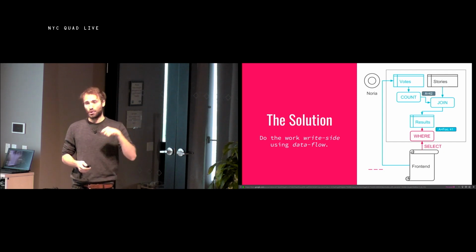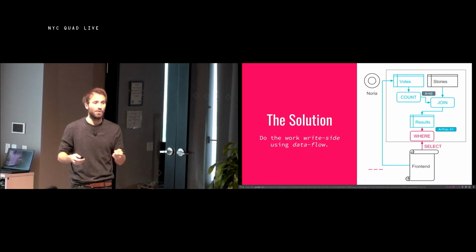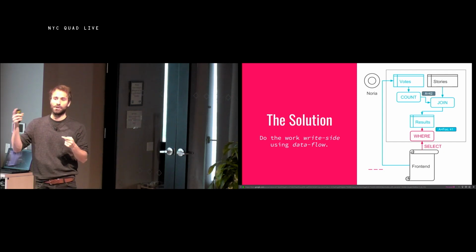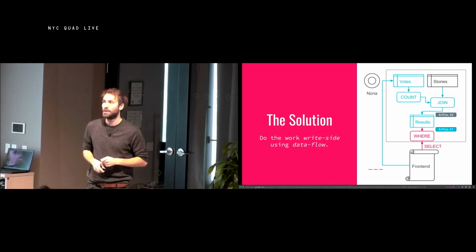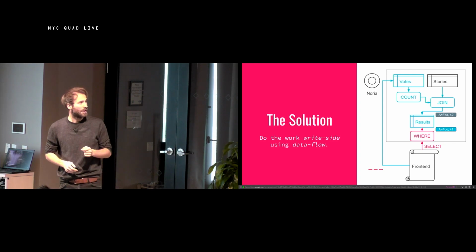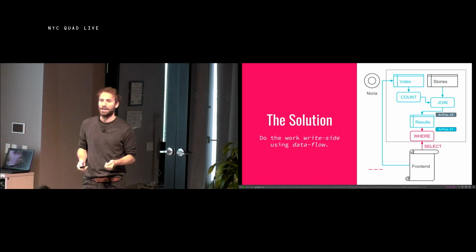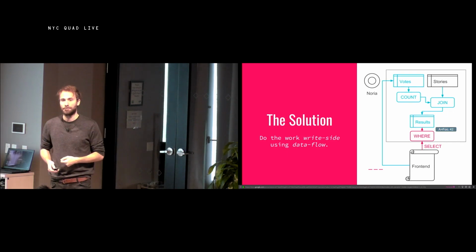That record then hits the join operator. The join operator goes, ooh, I got a thing for A. I'm going to look it up in stories and find the title. So it then forwards A is 42 and the title is foo. That then enters the cache, and the cache goes, ooh, I have a key for A already. I'm going to replace it with the new value for A. So now A is 42.